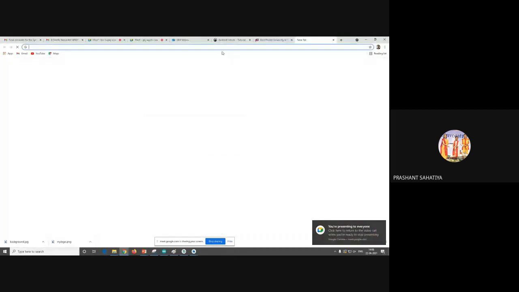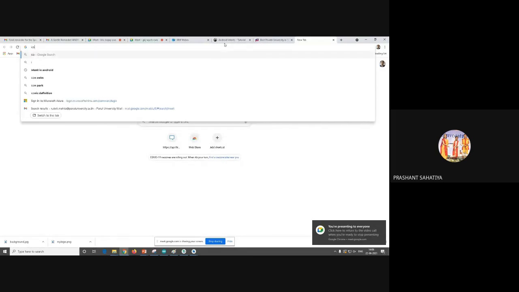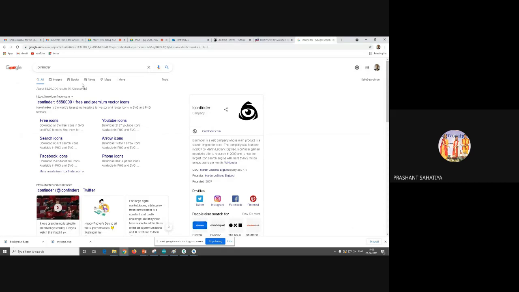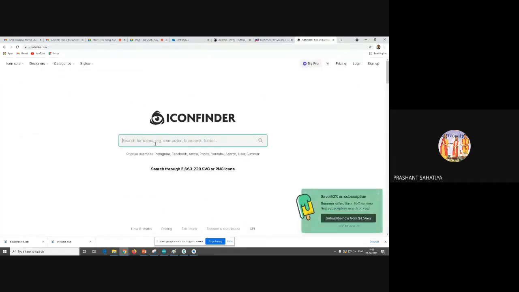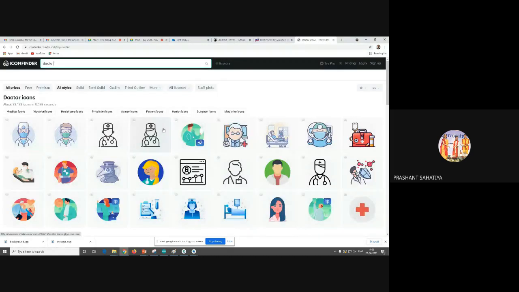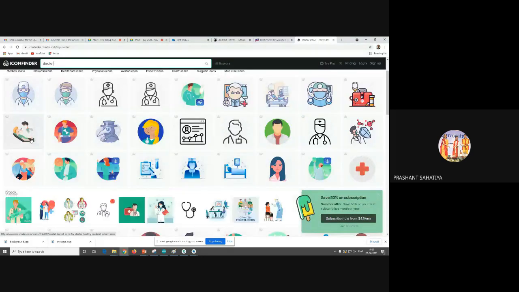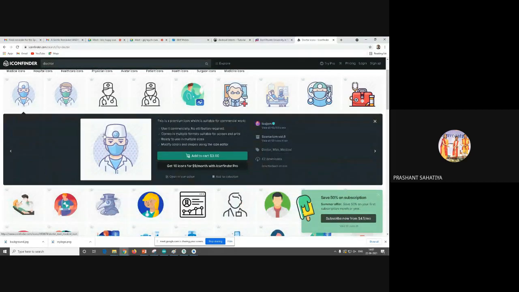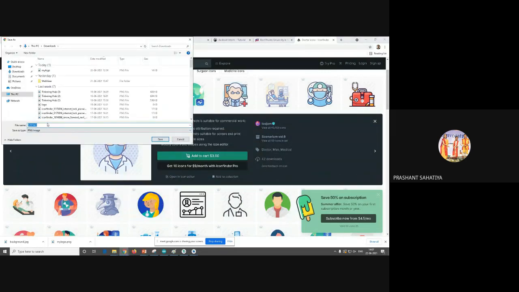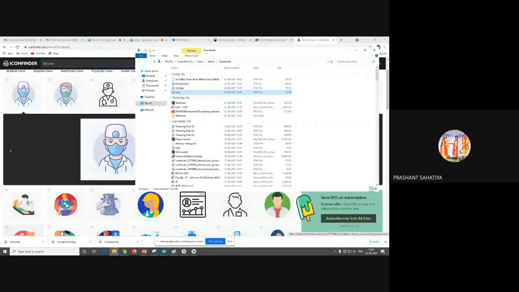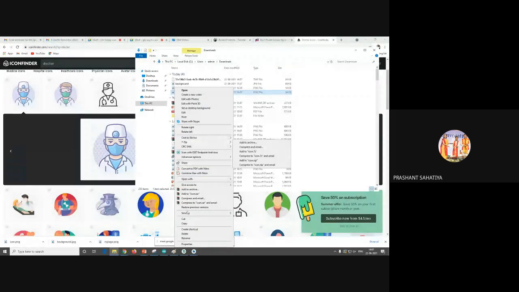चलो, इसको क्या करते हैं अपन? Go in icon finder. Okay. This is a website for icons. What I'll do? I'll click one unique icon. For example, doctor. Okay. देखो ये सारे icons हैं. I can see the icons. I will select one icon. Like if you are creating the COVID-19 app, अगर कोई इस पे काम कर रहा है, then just click on this, save images. It is saying as PNG, so I will select as icon. यहाँ पे हो गया download. Show in folder. Copy it.